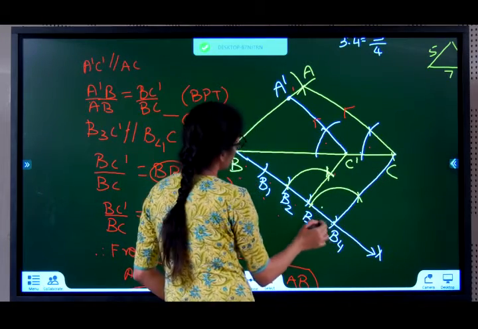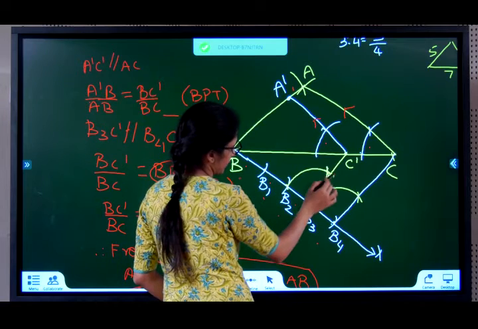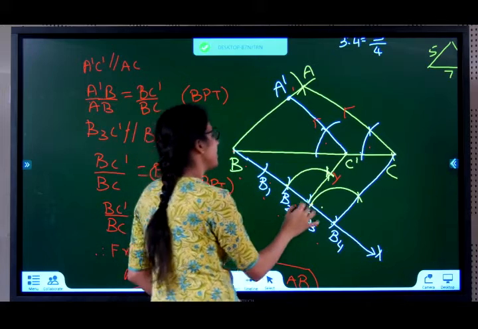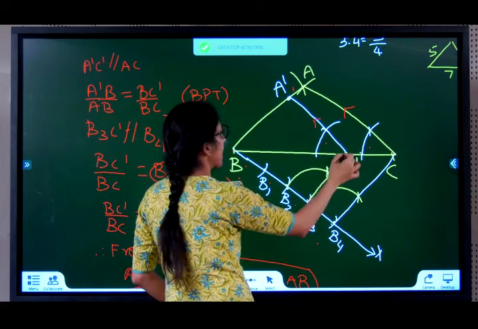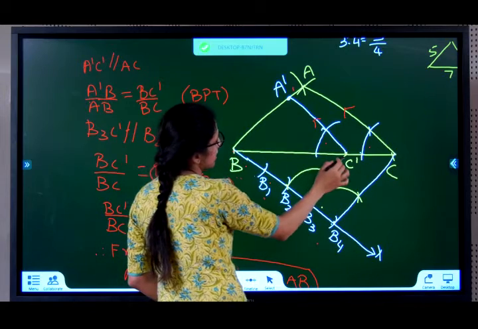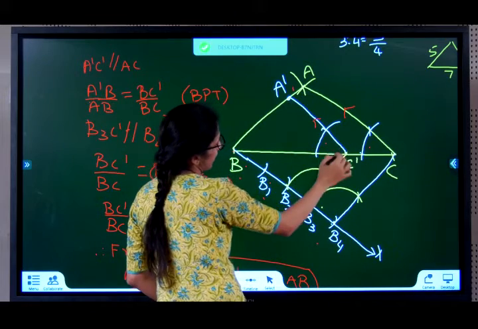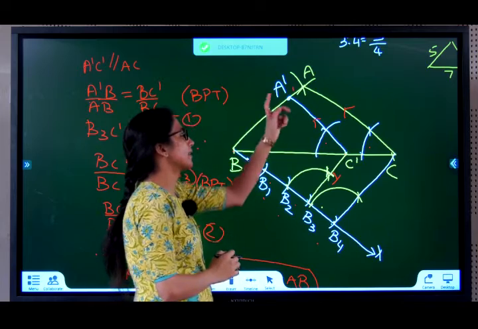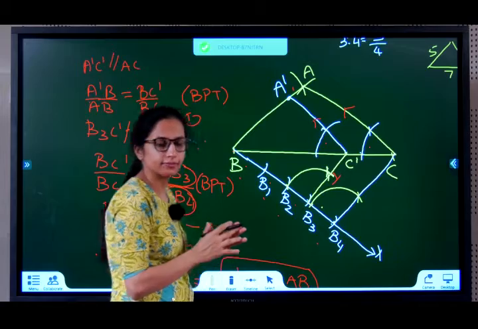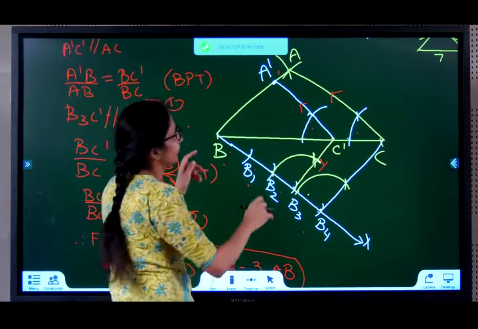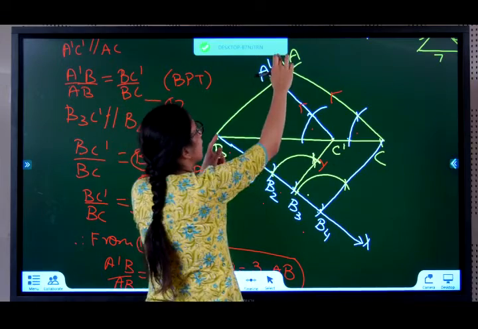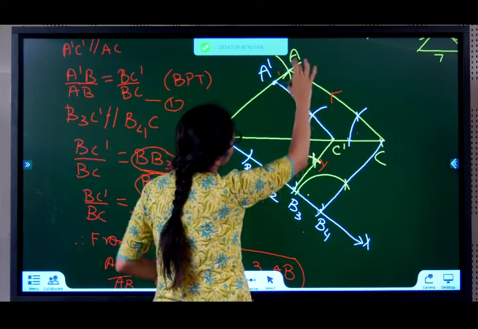Construct the same angle CB4B at B3. Let that angle be YB3B. Let B3Y meet BC at C dash. Construct the same angle as ACB at C dash. Let that angle be A dash C dash B. Then A dash C dash B is the required triangle. Steps of construction. Take line segment BC equal to 7 centimeters. From B, cut an arc of 5 centimeters. From C, cut an arc of 6 centimeters.